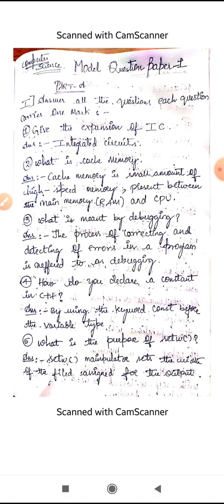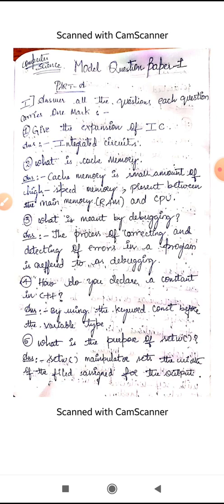So, in today's session, I am going to discuss model question paper 1. In this question paper, I am going to discuss part A and part B questions. Meanwhile, dear students, you have to keep in mind that all the question papers have to be solved by you.